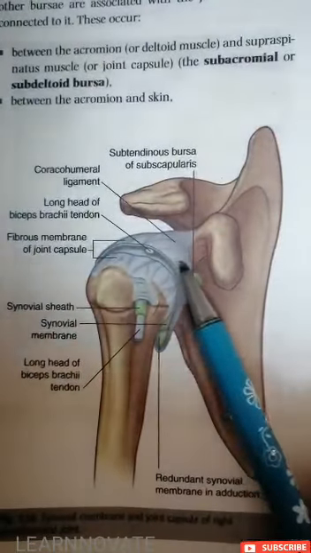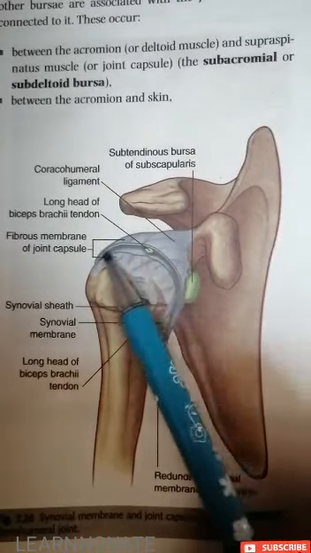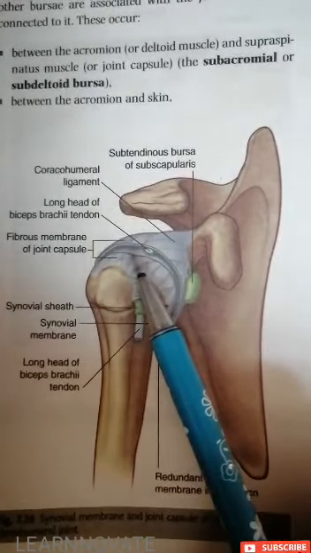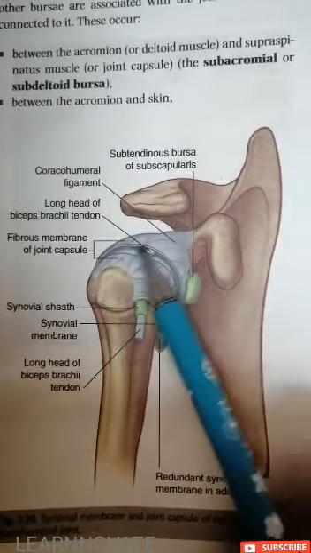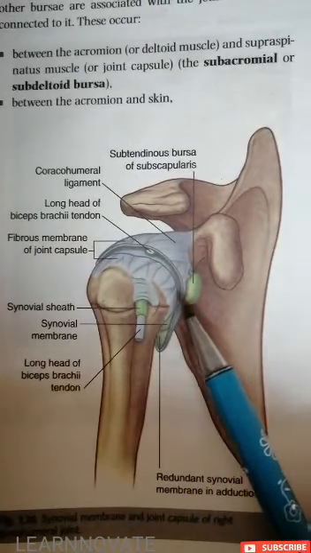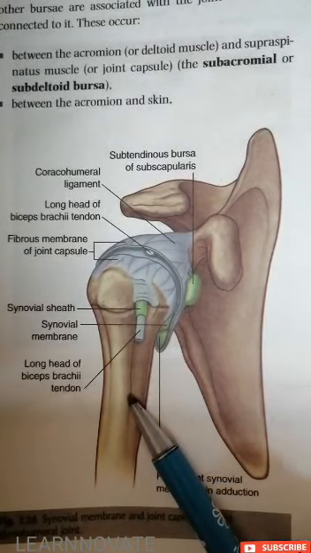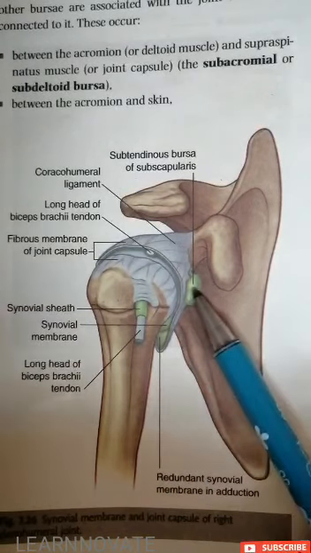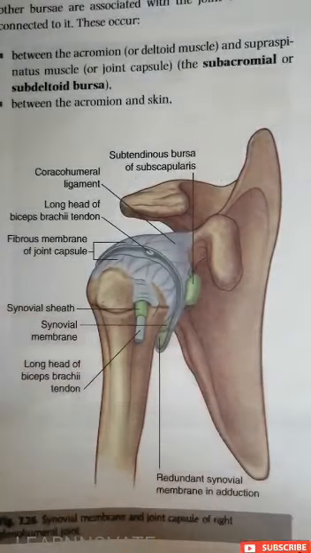Now here you can see the ligaments that are present. Superiorly is the coracohumeral ligament between the coracoid process of the scapula and the humerus. There is also a fibrous capsule, a fibrous membrane on this joint capsule, that is formed from the glenoid cavity and the head of the humerus. Then there are the two apertures that we have discussed. From this aperture passes the long head of the biceps tendon in the intertubercular sulcus of the humerus, and the other aperture is for the bursa, that is the subtendinous bursa of the subscapularis muscle. The other tendons we can see.